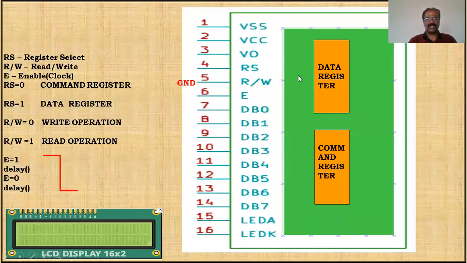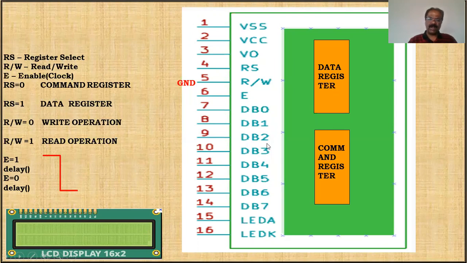Here we have 2 registers called data register and command register. Usually the data register is a read-write register. We can read something from data register, or we can write something into data register, and there will be command registers. The purpose of using command register is to configure something, control something. Suppose I want to clear the screen. Then I want to select what type of LCD we are using, something like matrix. We have something like 5x7 matrix, and like that we have to go for a command register. The command register is usually a write-only register. Data register is a read-write register.